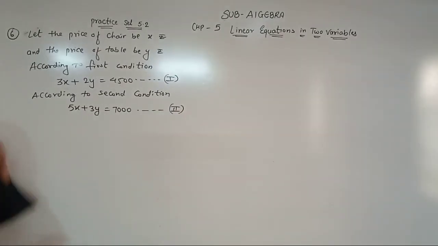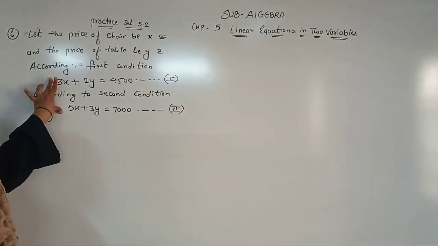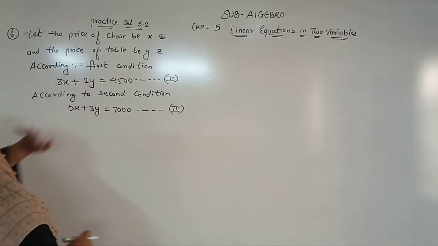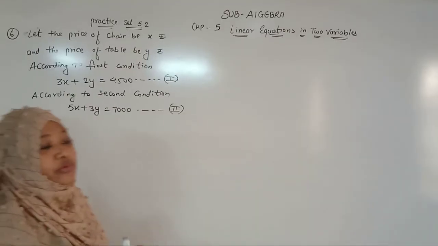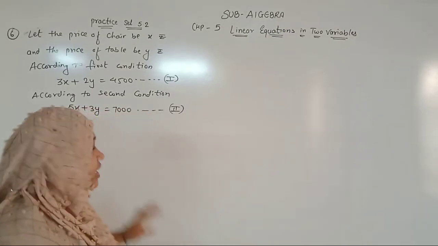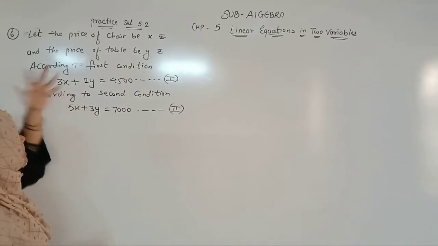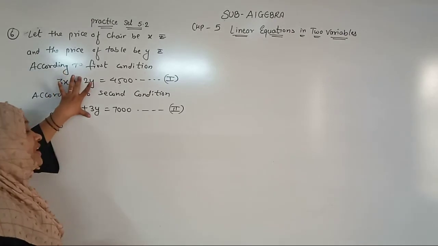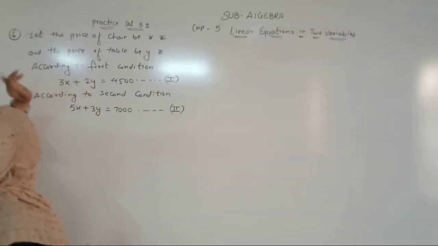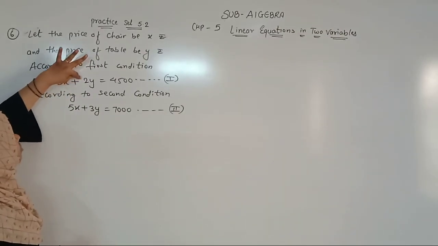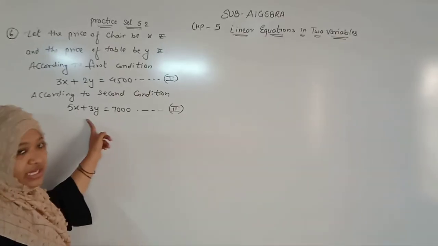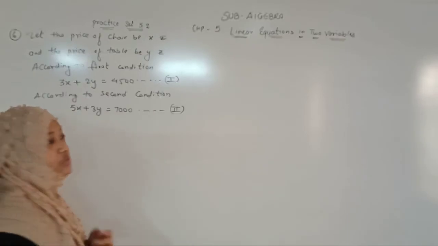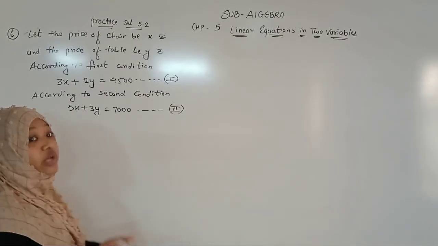Now student, x also I don't have a similar term, y also I don't have a similar term. So now what do I do? I will multiply my equation number 1 and equation number 2 by 2 and 3. You can do it for any variable, we will make the y variables equal. So now I will multiply this equation by 3, so I will get 6y. I will multiply this equation by 2, so I will get 6y. So y terms get equal. Okay. So now we will get 2 more equations.